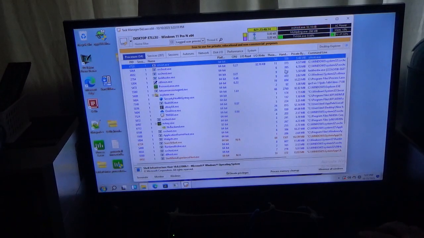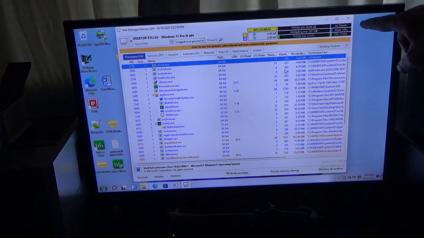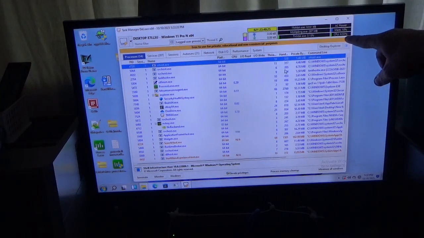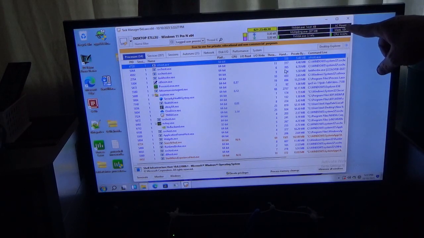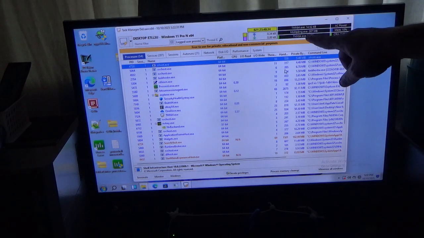So this is a lot like Process Lasso. As you can see here, if you look up in the right-hand corner, CPU, memory, I'm only using 10% memory, AC power. If this was a laptop and I pulled the charger out of it, it'd be DC power.